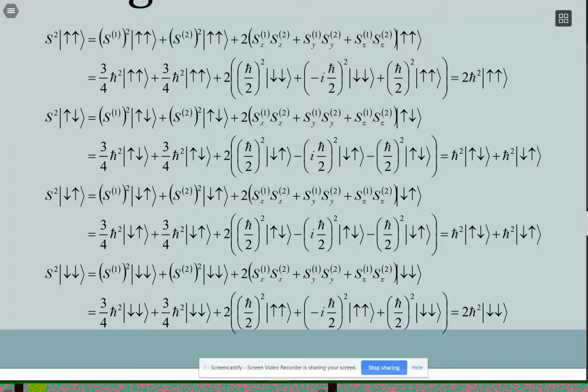So what is my eigenvalue when I apply S squared on the up state? Well, I have S1 squared on the up state, S2 squared on the up state, plus 2 S1x S2x, plus S1y S2y, plus S1z S2z. And so you have to go through and do all of this work. The first two are easy, right? The S squares always give us 3/4 h bar squared as their eigenvalue. But then these here, we have, if we're switching both of the x's, switching both of the y's, switching both of the z's,